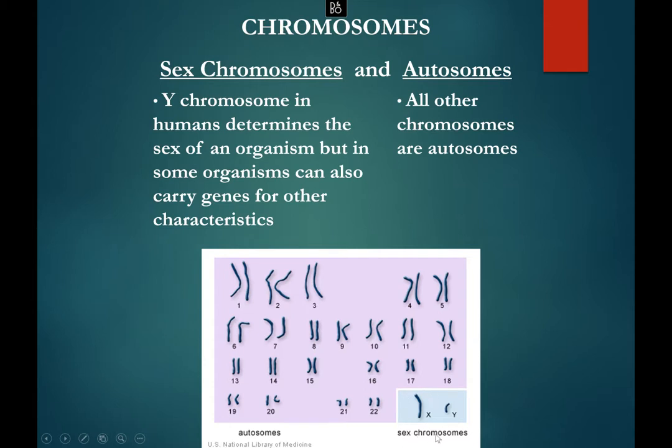The 23rd pair are called the sex chromosomes. These are your X chromosome and your Y chromosome. This is a boy, X and Y. If you were looking at a female karyotype, you would have two copies of the X chromosome. So these behave a little bit differently. And as we get into our discussion, we'll talk a little more about how that impacts how traits are passed on, specifically in males, because this does change some of the diseases, disorders, and traits that a male can get from their parents.